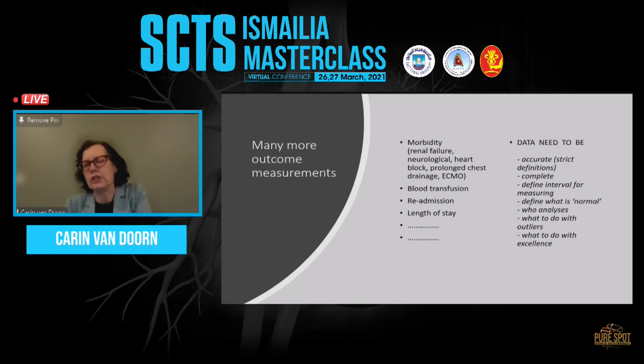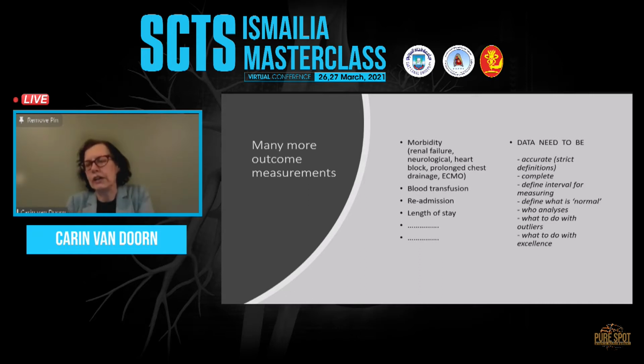Also, for the audit, you have to make sure that your data collection is complete. You need to define the interval you're measuring. And then when you do your analysis, you have to define what is normal, because we don't expect any unit to have zero mortality. If you have zero mortality, you either don't do any operations, or you're not willing to take on any patients that have a little bit of risk. So it is really important to say what is normal, and then you have to say what is an outlier, statistically or clinically, and how do I